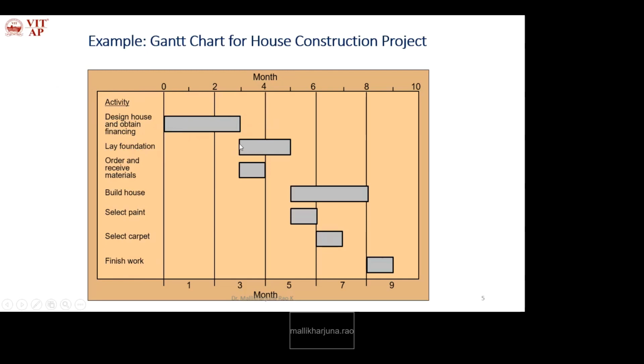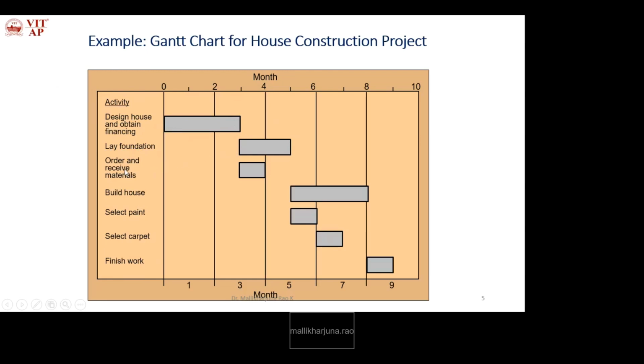If you see, the second activity depends on the first activity. When should we start the second activity? After completion of the first activity. So here a dependency exists. To start the second activity, we have to wait until the first activity is complete. If the first activity takes more than planned, and what is planned here? Three months. If it takes one more month extra, we cannot start the second activity by the given scheduled time. It has to wait until the completion of the first activity.